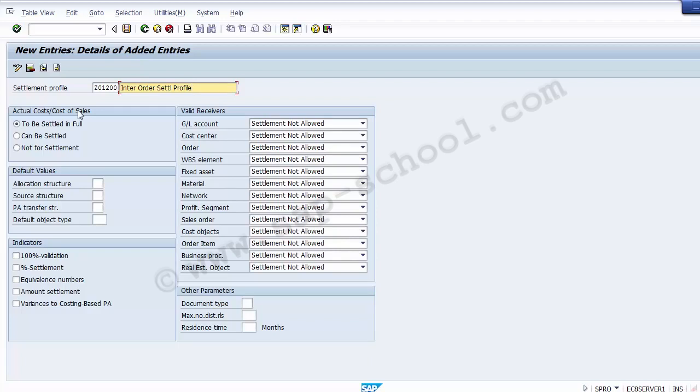So the first is to be settled in full. Now the to be settled in full setting forces the value of the order to be $0 before it can be closed. SAP will return a hard error if a user tries to close the order with a balance in it. So the order has to be 0,